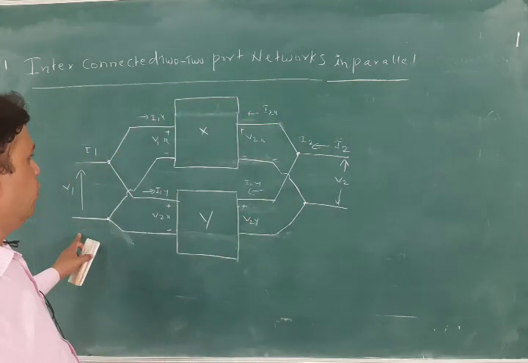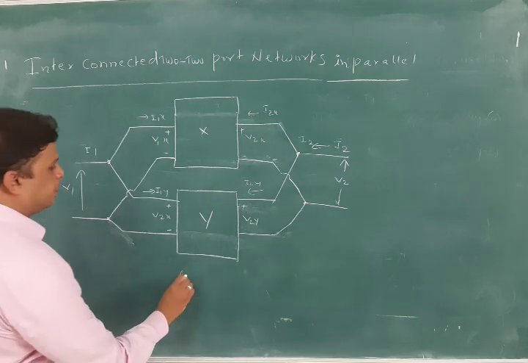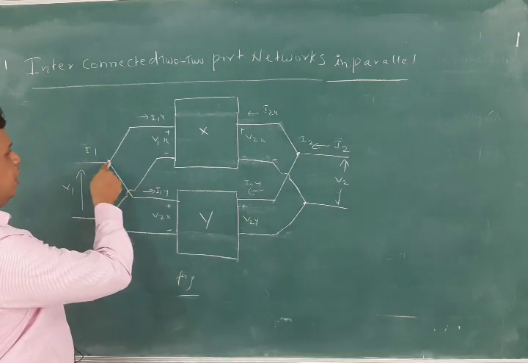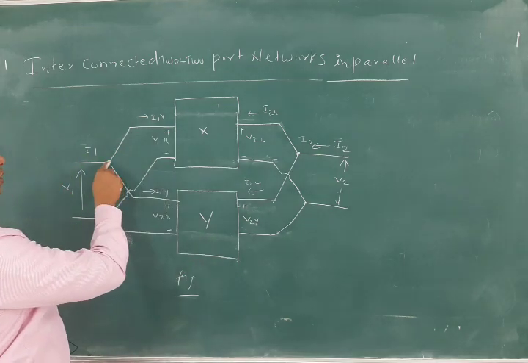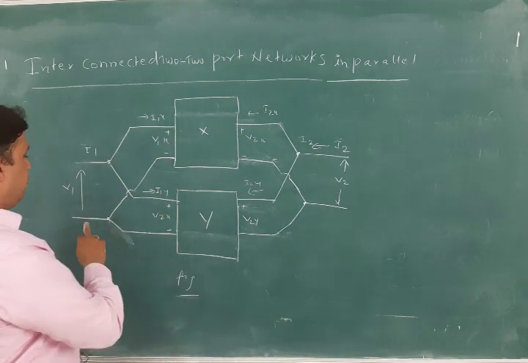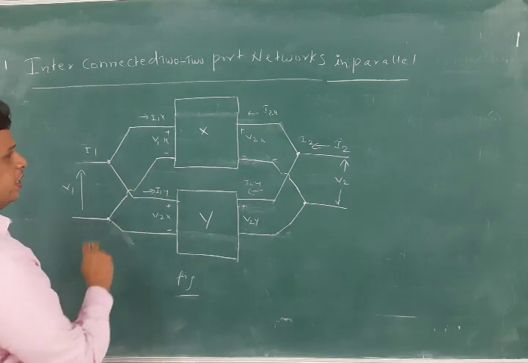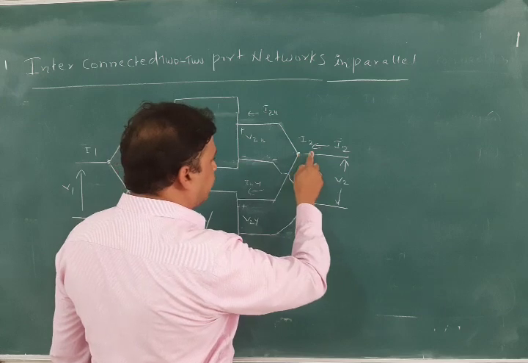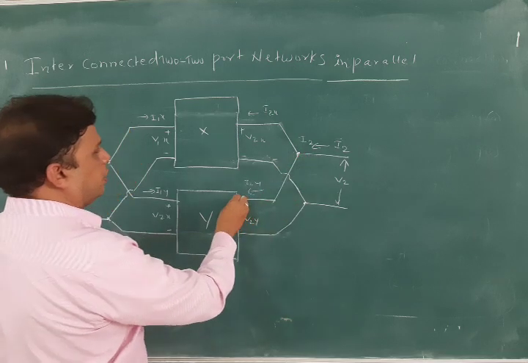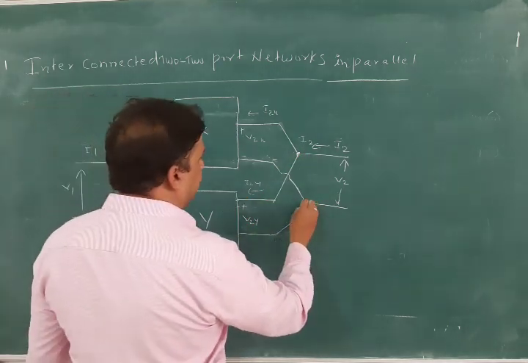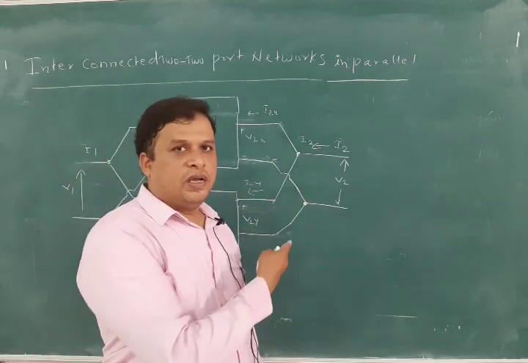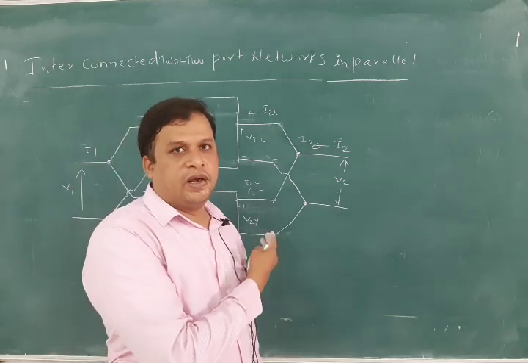First of all, we should see the circuit diagram, how the two port networks will be represented. Here we have a common reference node. From this common reference node, we connect the two ports. From this port we go to X as well as to this port, and from here also we go to the first port and the second port. At this node we go to the second port V2X. We see a common reference node between the two ports. In the parallel connection, as you have seen the series connection, you can notice the difference in the diagram already.